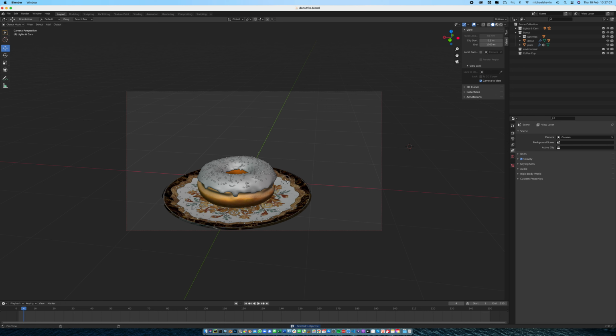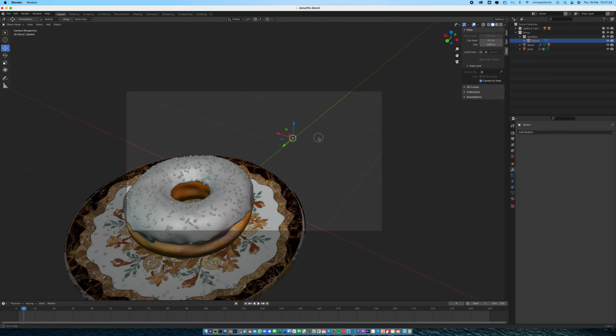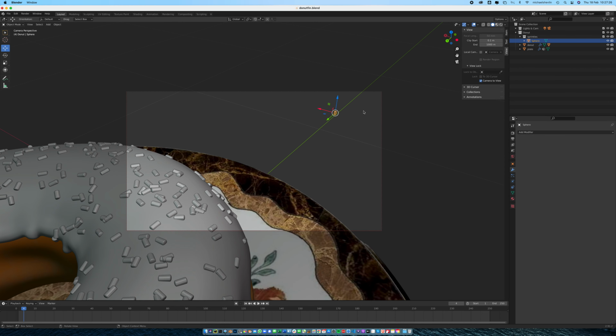And so what I've got now is the donut. I've got this as an environment, and I'm going to delete that. Got the coffee cup as a collection, and I'm going to delete that. And so now what I have is the donut, and I have sprinkles with the sphere in it, and the sphere is one of these little objects that we use to create our